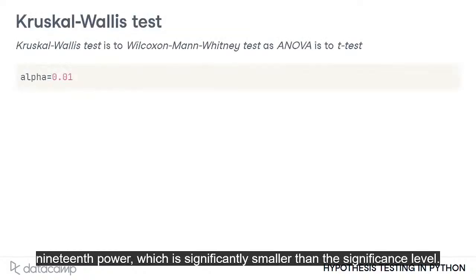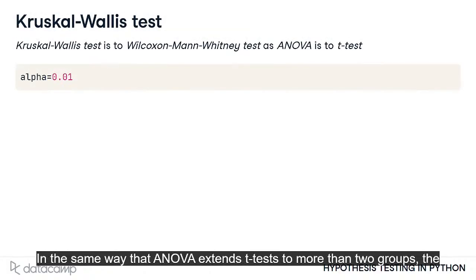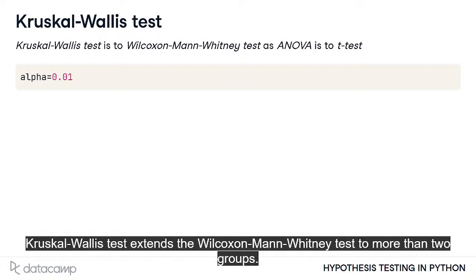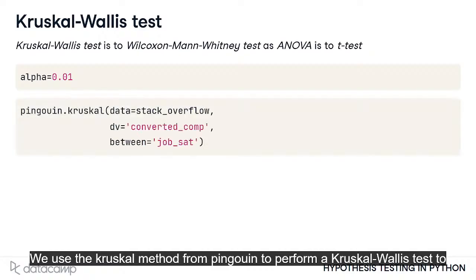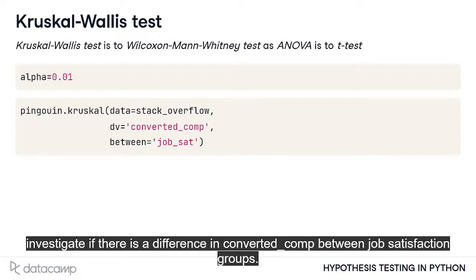level. In the same way that ANOVA extends t-tests to more than 2 groups, the Kruskal-Wallis test extends the Wilcoxon-Mann-Whitney test to more than 2 groups. That is, the Kruskal-Wallis test is a non-parametric version of ANOVA. We use the Kruskal method from Penguin to perform a Kruskal-Wallis test to investigate if there is a difference in converted comp